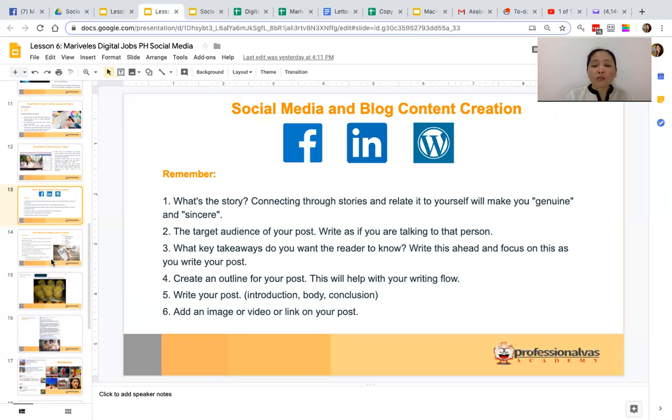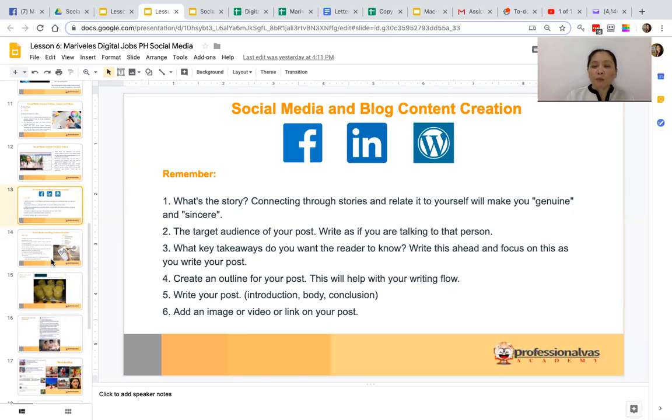You write your post with, of course, a proper introduction, with a great body that people will get interested in, and then the conclusion. Would you like them to be aware, to consider your product or your services to be bought sometime? And would you like them to decide now? The conclusion is going to tell them what to do next. Again, add the image, a video, or a link to the post that you want them to go to.